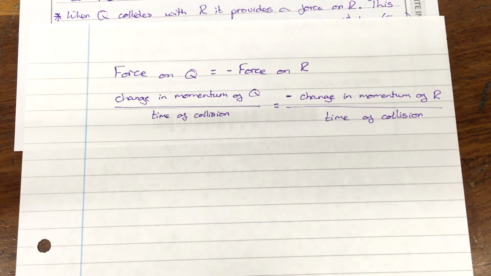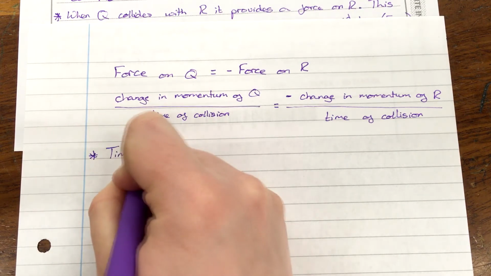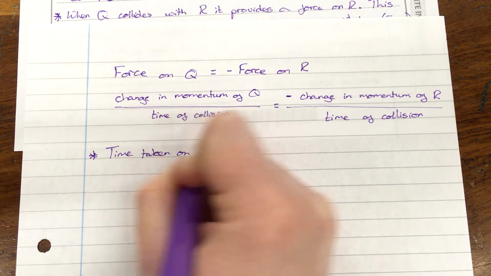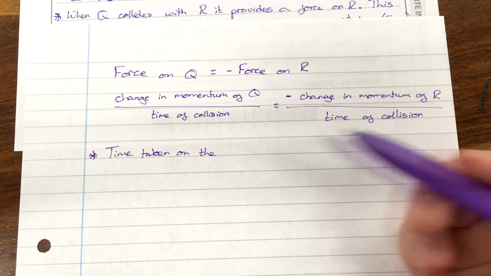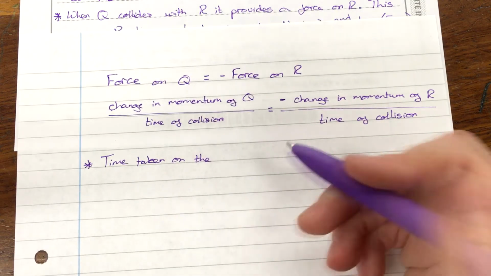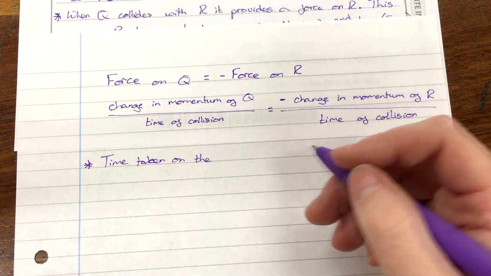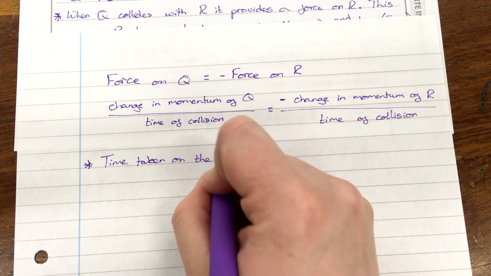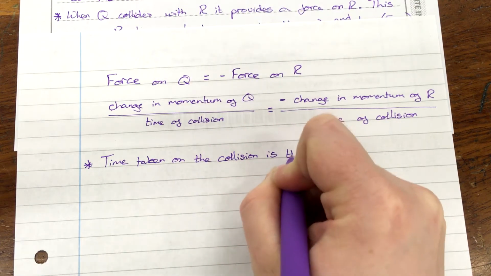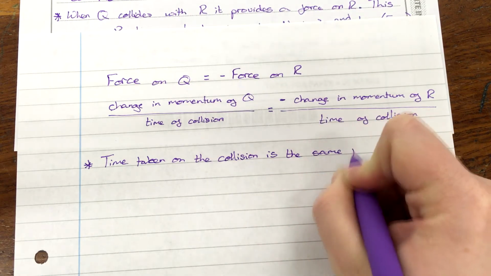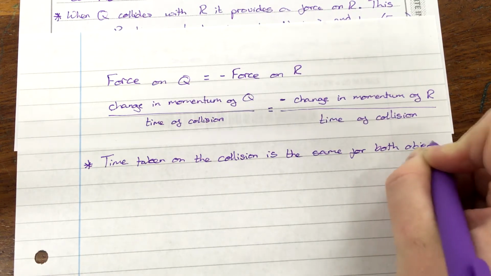So our next step is to say that the time taken on the collision is going to be the same for both objects because they are colliding with each other. So they haven't collided twice, they've only collided one time. So the time taken over that collision has got to be the same for each. It's the same for both objects,